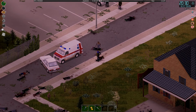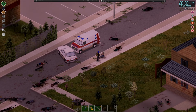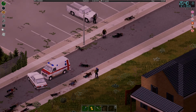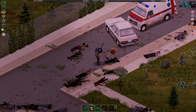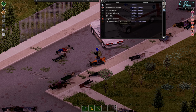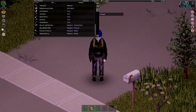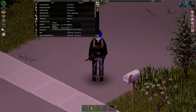Okay, well once again Brad's progress is slowed just by the sheer number of zombies, and now he's exerted as well as tired. He's got to be careful. These negative moodles, they're stacking up. Oh man, this is so frustrating. Just zombie after zombie. And now Brad's really starting to get tired. Now, does he push it, or does he fall back and try again in the morning? Okay, so we're going to try and push it. We're going to try and manage these negative moodles. We're going to take some vitamin pills to get rid of the tiredness, and then we're going to just...